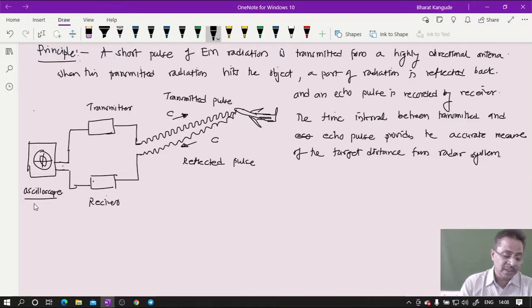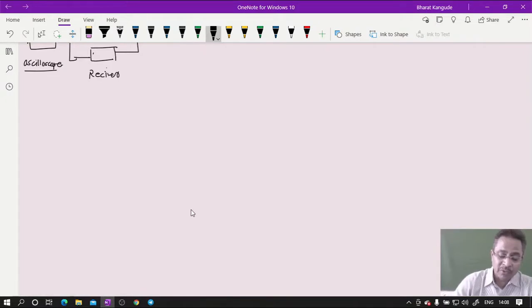Okay. So this is the basic arrangement shown in the diagram. This is the working principle of all that. Now there is a lot of information given in your textbook. You can read it later on, but I don't find it that important here. Okay. Next, now we'll write the formula for this.